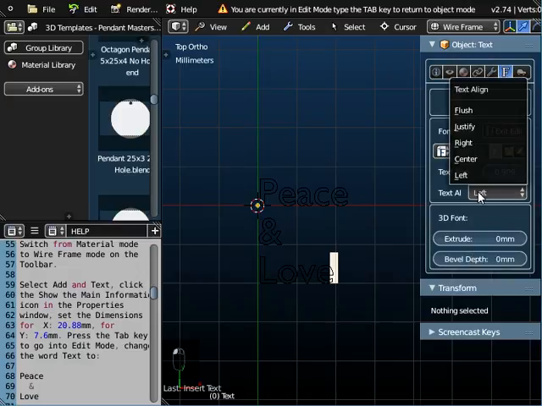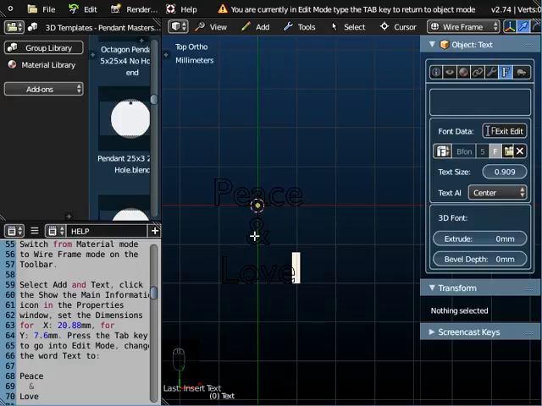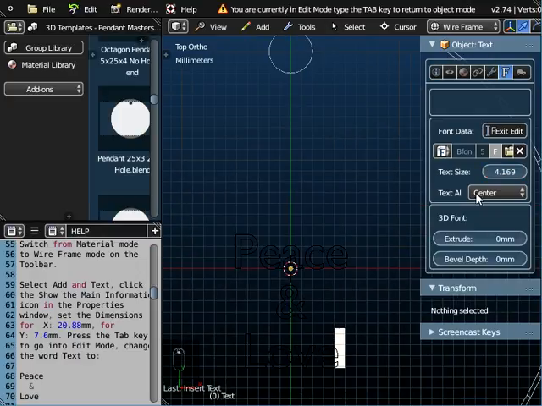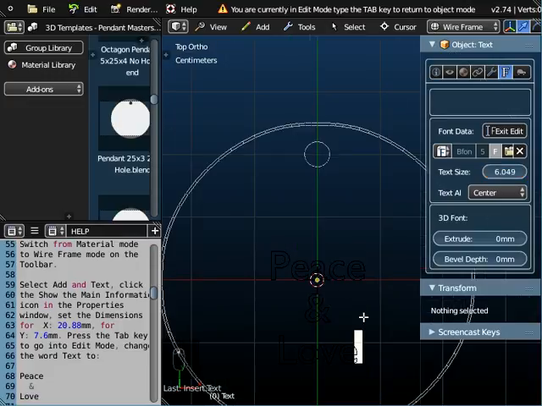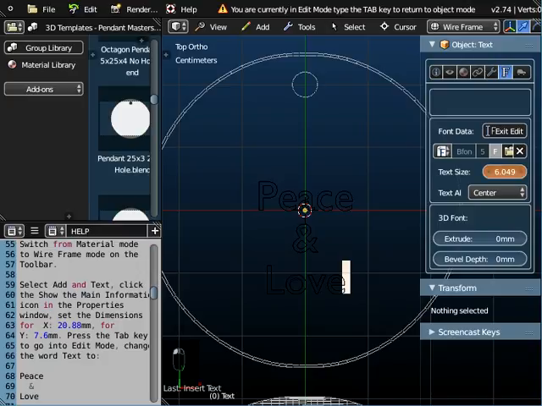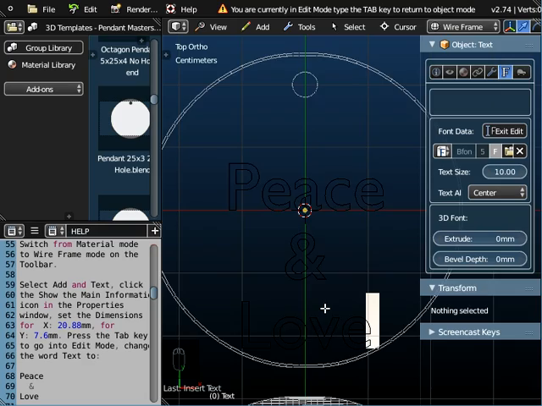I'm going to align it in the center, so it's centered about the y-axis at the moment, and I'm going to increase the text size. I'm pretty sure in order for it to fit on this object I need to go right up to 10. Okay, now it's a little bit low on the pendant, we'll move that later, but at the moment this text